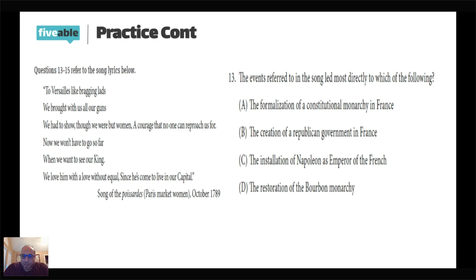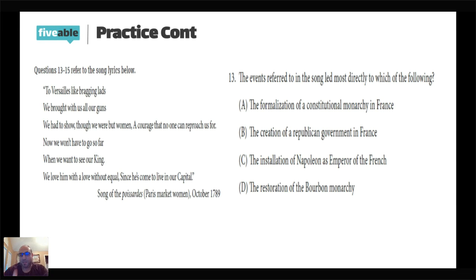On the AP World History exam, is it possible to take notes during the 15-minute reading time period? I think I answered this for you, Newman, already. I'm going to answer it again just in case anybody missed it. Yes, it is possible. Use the tricks from the MCQ to do the analysis of the DBQ.